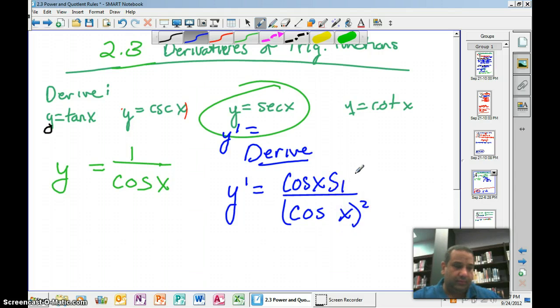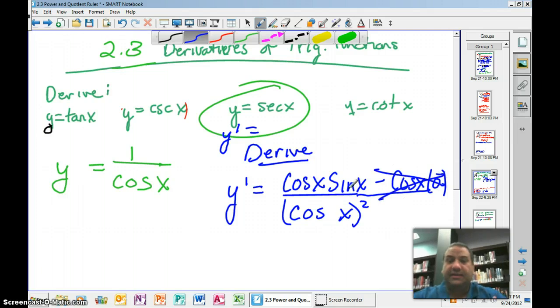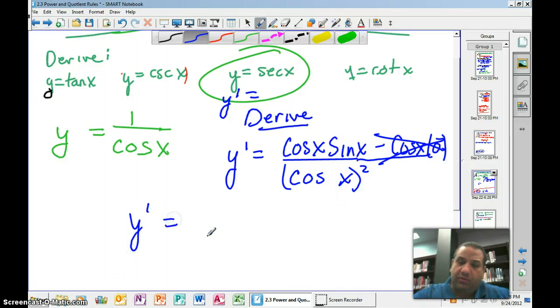The derivative of the top is sine x. I'm sorry, I got distracted. Now you ready? Plus, I'm sorry, minus, because we're doing quotient rule, minus the bottom times the derivative of the top. Well, the derivative of 1 is 0. So this guy is gone. And I'm just left with cosine sine over cosine squared. Well, I'm going to cancel one of the cosines. So I'm going to get y prime equals cosine x sine x